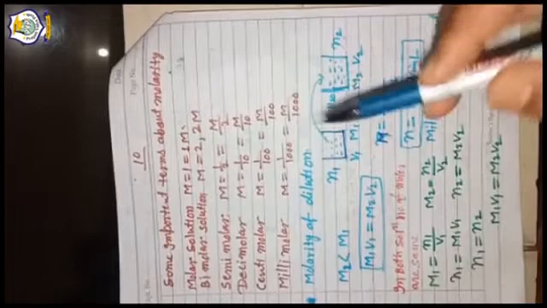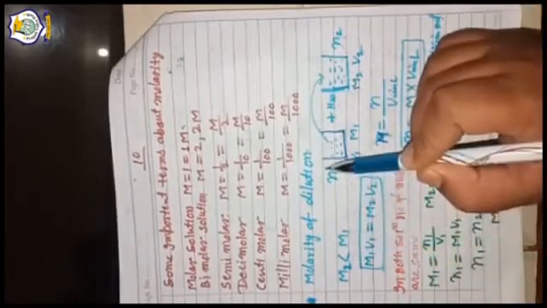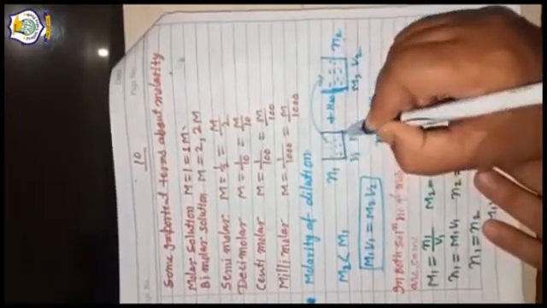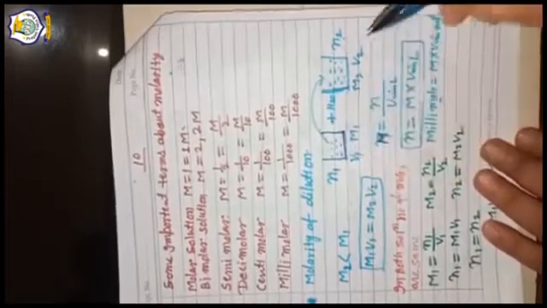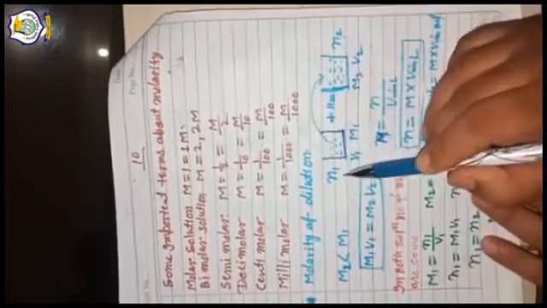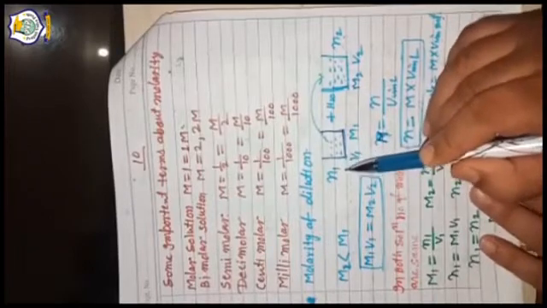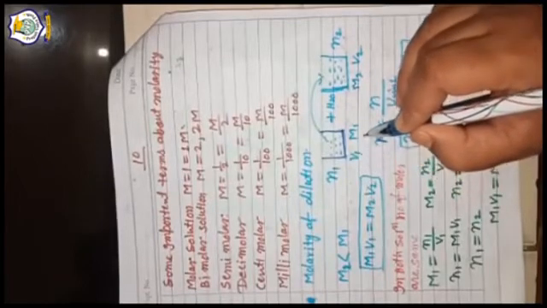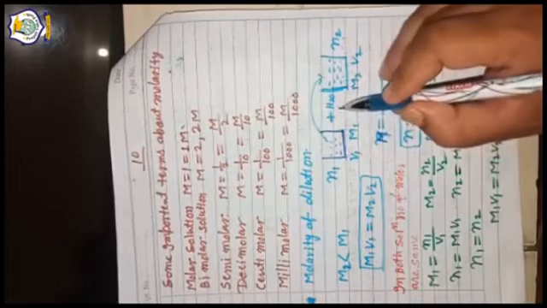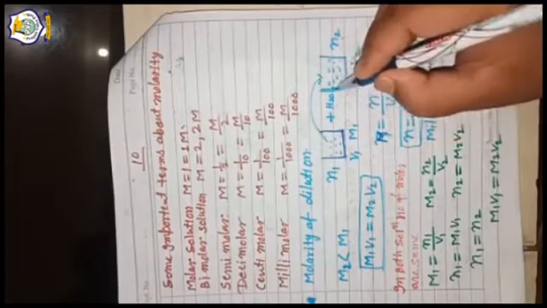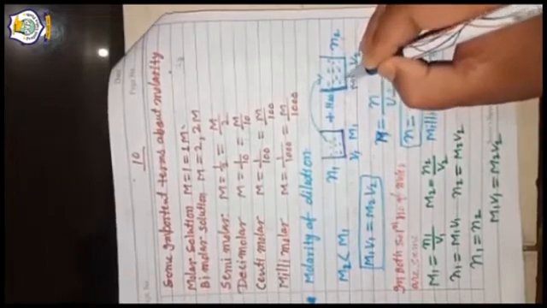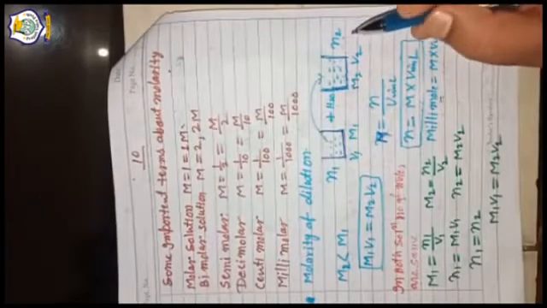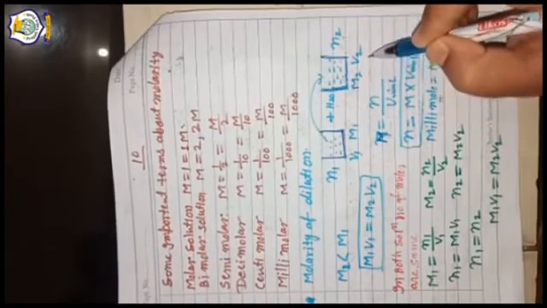Now we find the molarity on dilution. We take a solution of any solute. The number of moles of solute in this solution is N1 and its volume is V1. Molarity is M1. By addition of some amount of water, a new solution is prepared. Let the number of moles be N2, molarity M2 and volume V2.